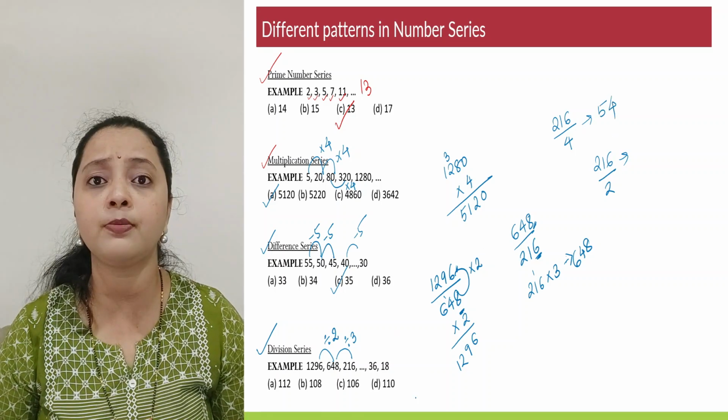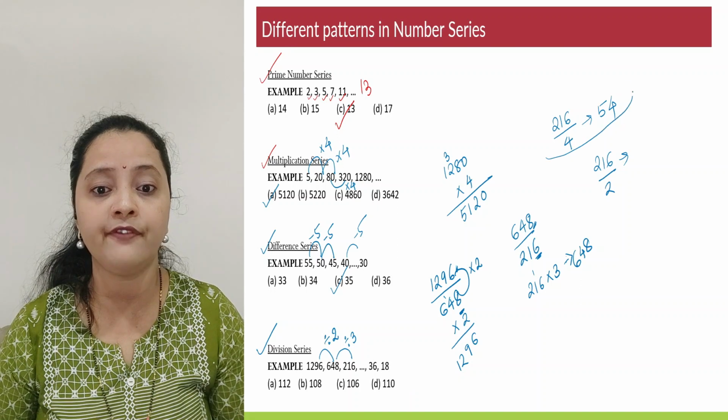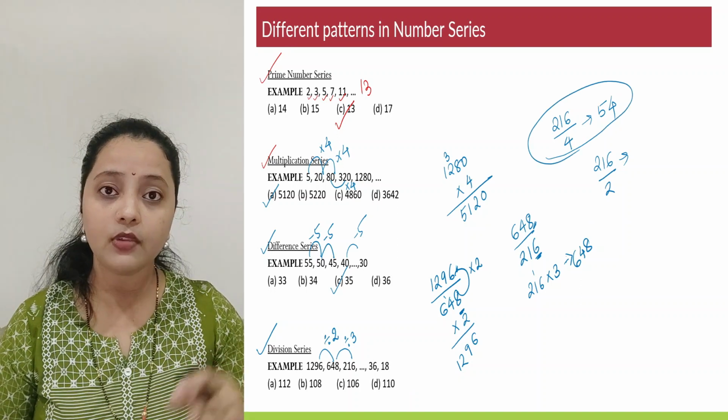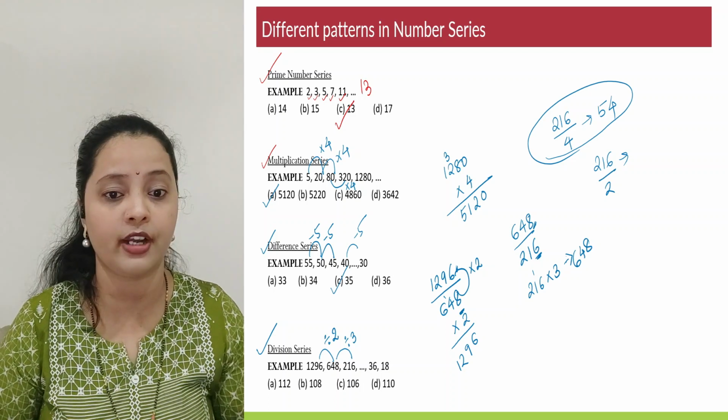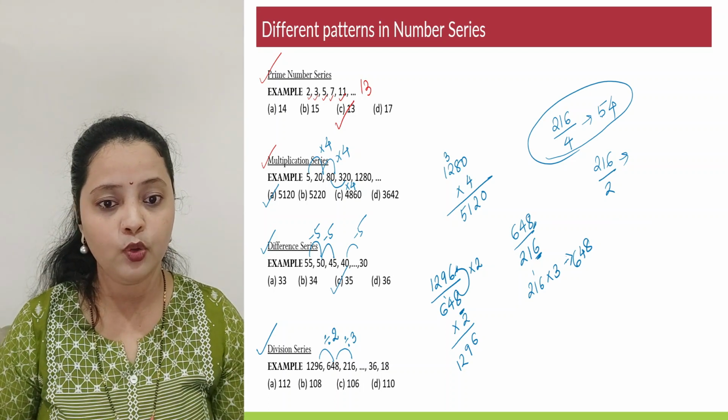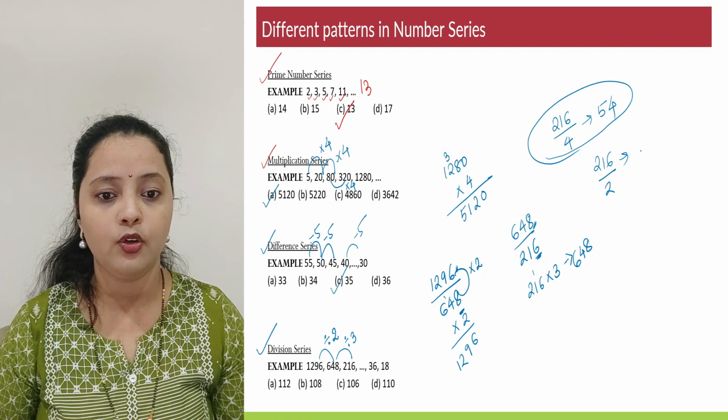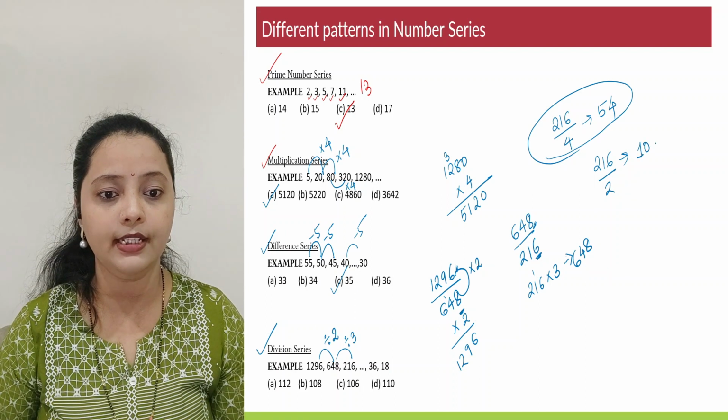Do we have 44 in the option? No. So it's not a difference based series where it's progressing by one number. It's not like divide by 2, 3, 4, 5 and 6. It's not happening. It's actually 216 divided by 2 if we try. 2 1s is 2, 0 and 8 is 16.